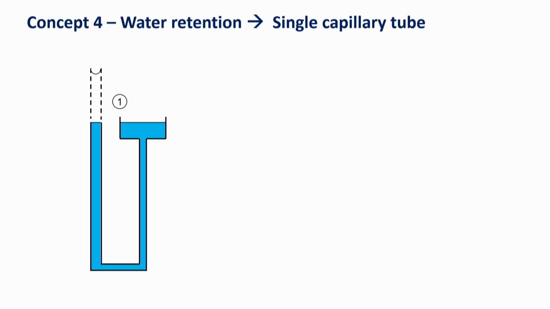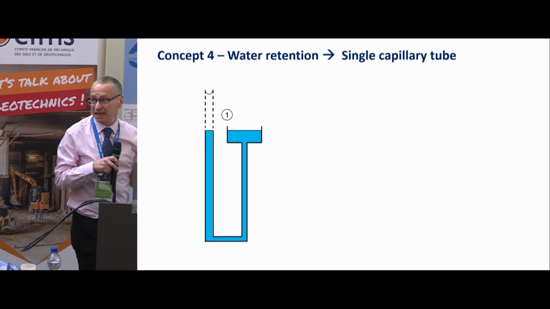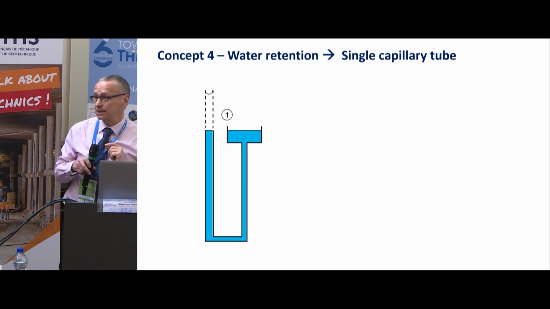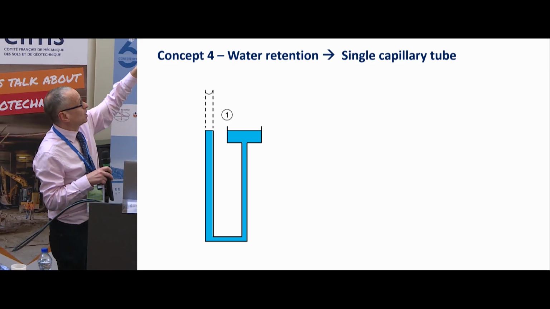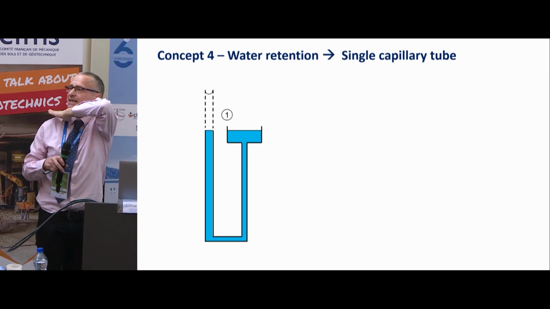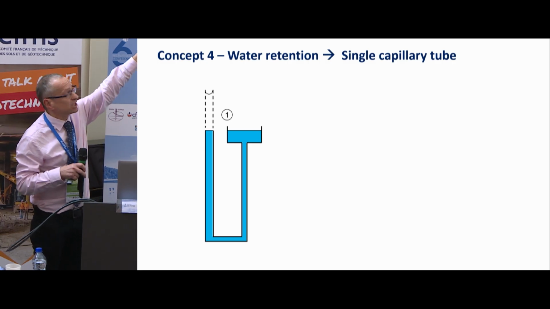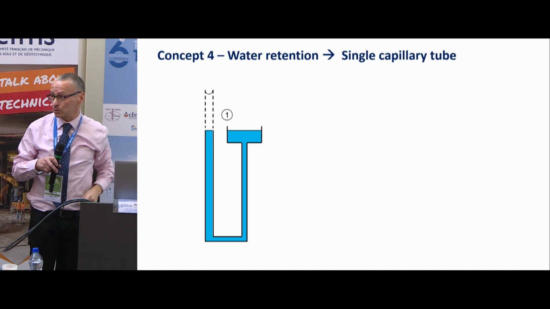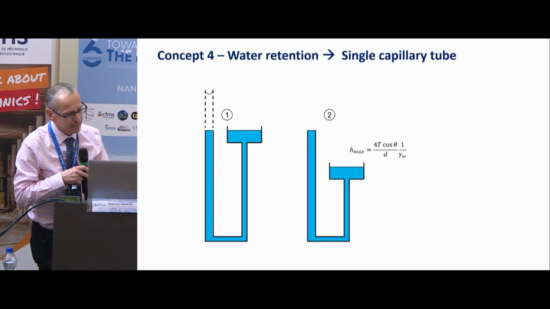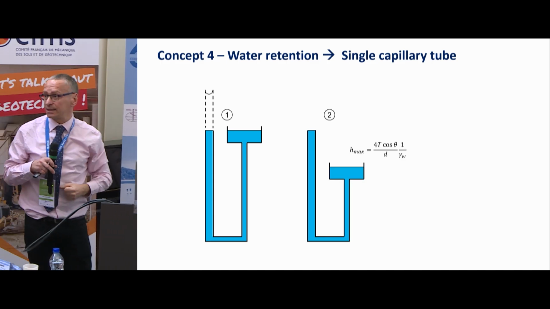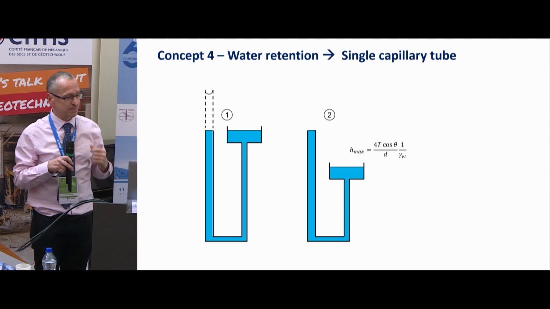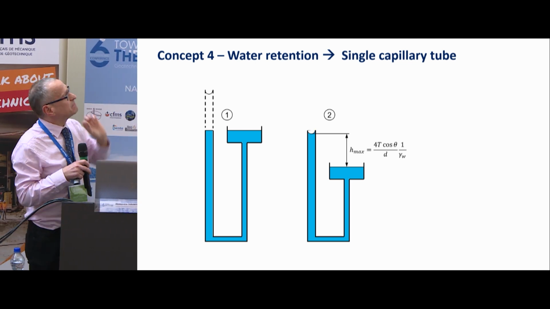And then the water retention. So imagine that you have a capillary tube on the left, and then you have a reservoir on the right. If the tube was prolonged, you will see a capillary rise, but I have decided to cut the tube. So at the top of the capillary tube, the pressure is the one imposed by the reservoir, that is 0. Now, let's imagine that you are lowering the reservoir, so you are generating some negative pressures.